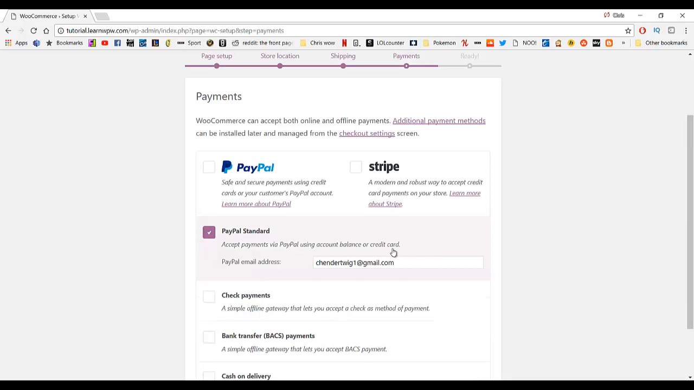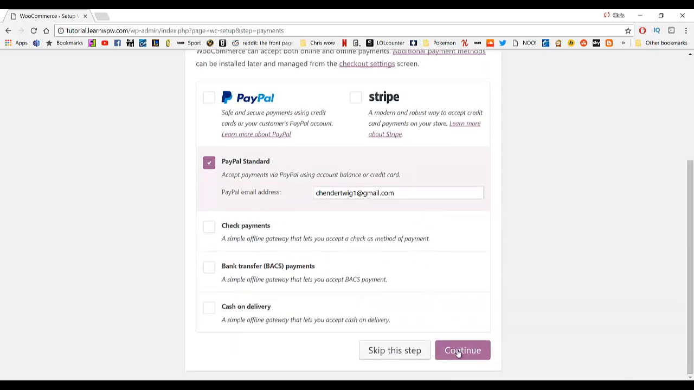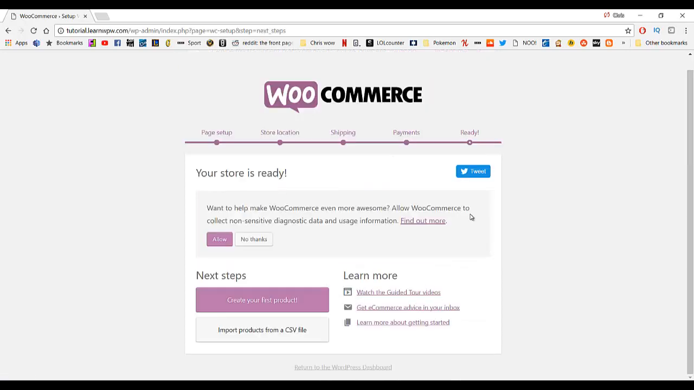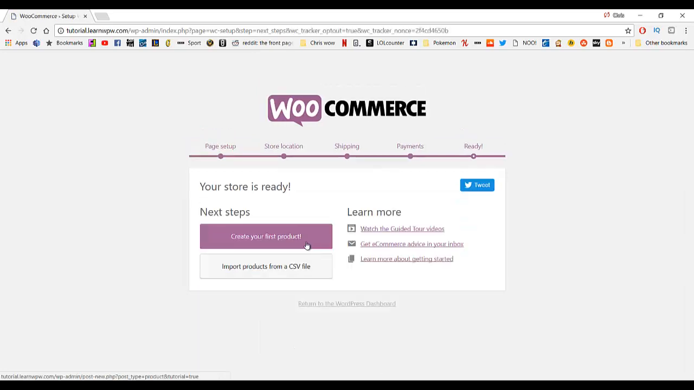And then this is the email where the payments will be sent. So you just take that to be the correct one and then hit continue. Once you get here, just click no thanks, and then we're going to create our first product. So we'll click that there, and that's going to bring us back to where we were before, where we can